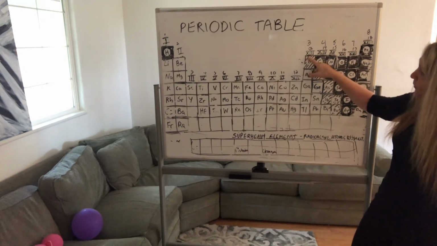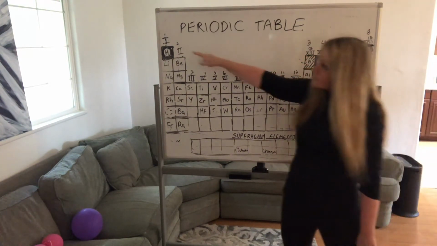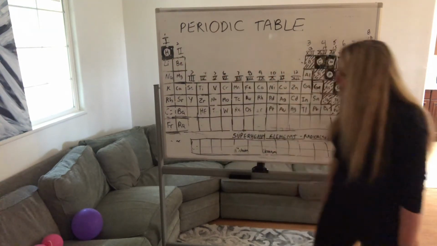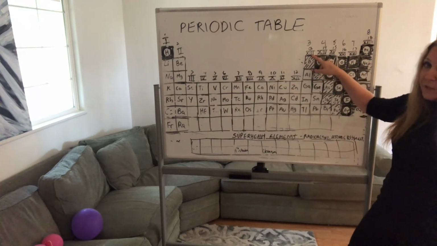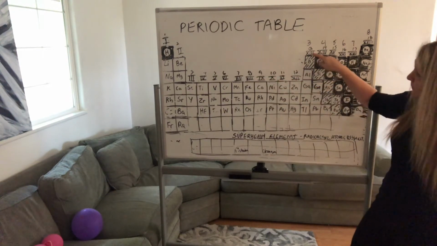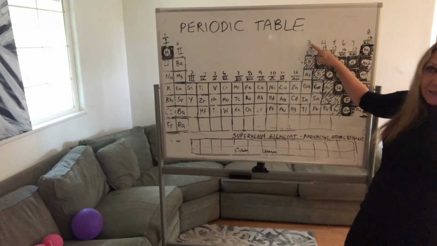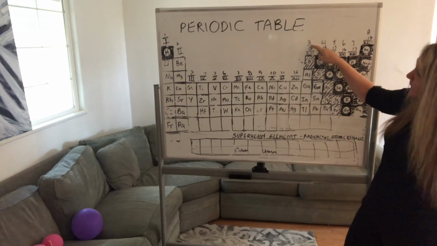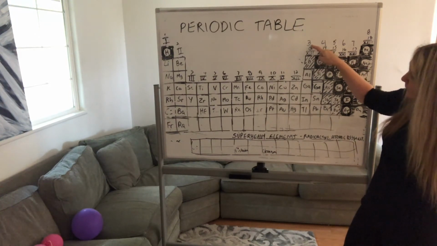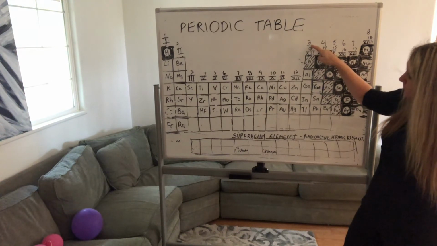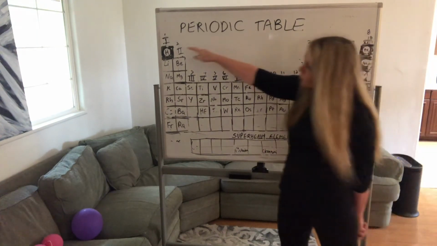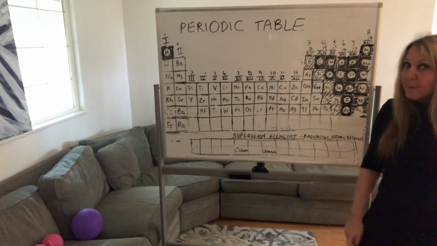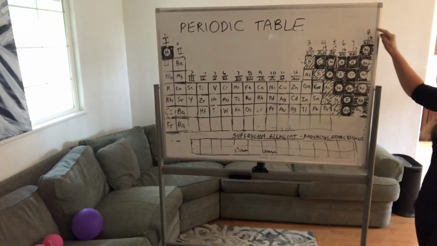When we go to group 13, we're continuing the numbering system though. So this is group 1, this is group 2, this is group 13 because we skipped 3 through 12. But 13 has a valence of 3. So it has three electrons in its outer energy level. So it's a valence number of 3. So it was 1 over here, 2, 3, 4, 5, 6, 7, 8. So this group right here